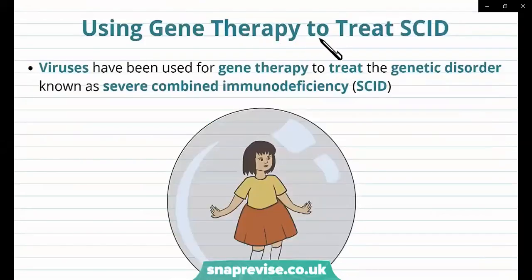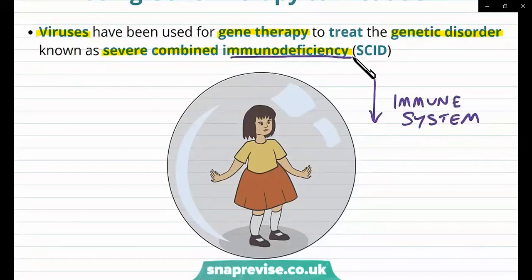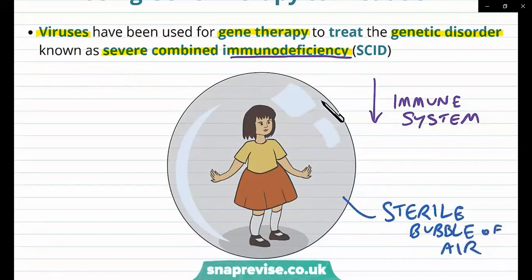One example of using gene therapy has been used to treat a disease called SCID. And we've been using viruses for gene therapy to treat this genetic disorder. It's SCID, which stands for Severe Combined Immunodeficiency. This disease essentially means that an individual has a very poor immune system. That's what immunodeficiency means. And it's a very severe condition. And early on, people who had this disease had to live in a sterile bubble, if you like. Because if they come into contact with any pathogens in the outside world, their immune system is not able to fight them off, and they would die very, very early. So they have to be kept in this bubble, which has air without any pathogens in it. So it's obviously a very poor quality of life.